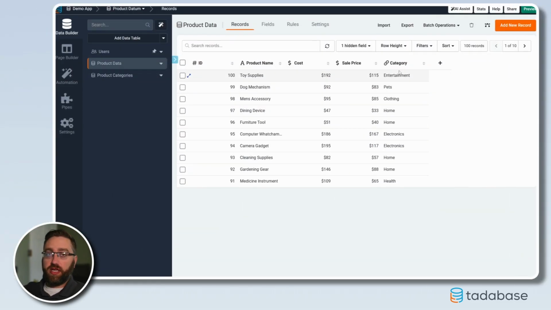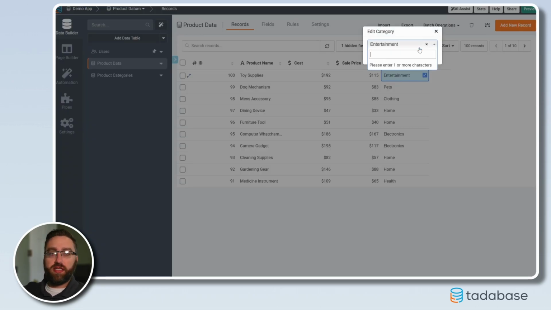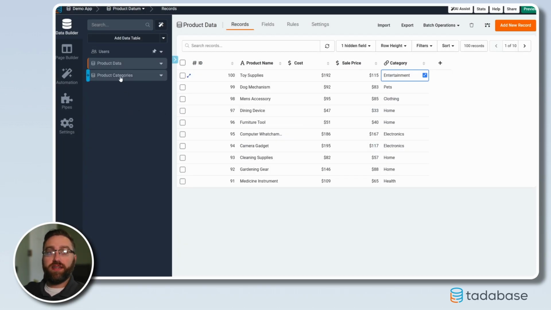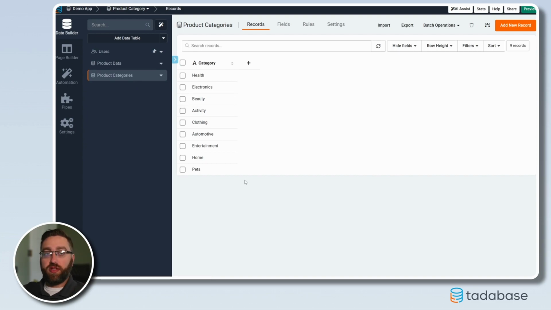After adding this new connection field, I've re-imported all of the product data, and you can see that our product categories now appear very similar, where you have an actual drop-down where you can select an item to define the category. However, that category now lives in a completely different data table. So I know we went off on a little bit of a tangent there